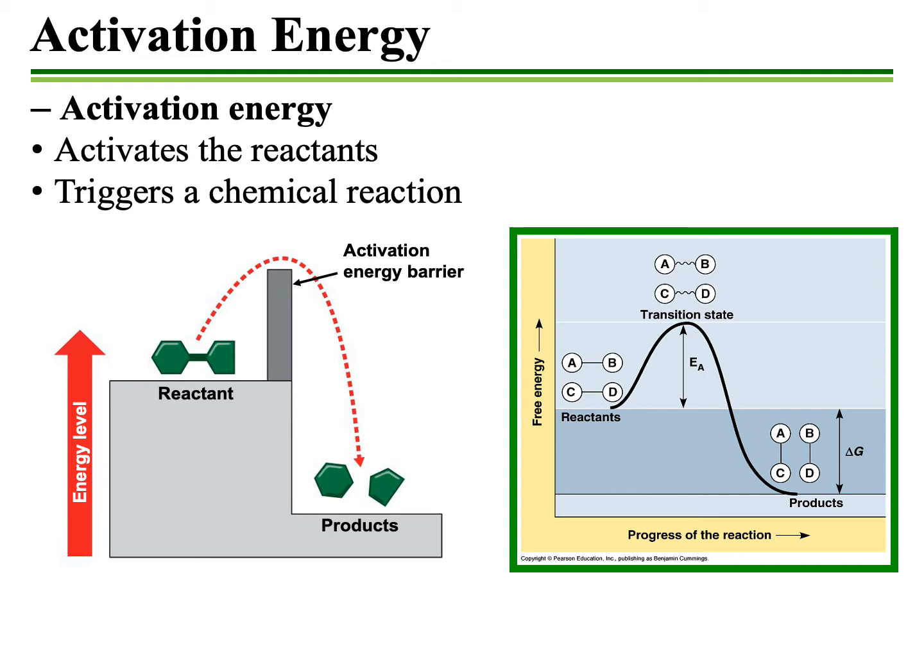So using those concepts that we discussed in the previous lecture, this is referred to as an exergonic reaction or an energetically favorable reaction. That is because the delta G is less than 0,